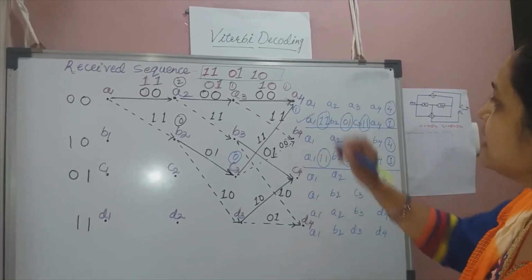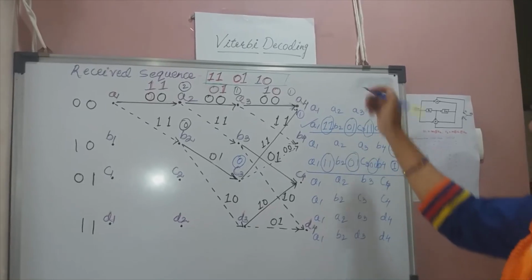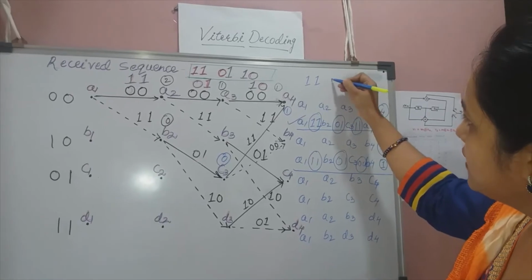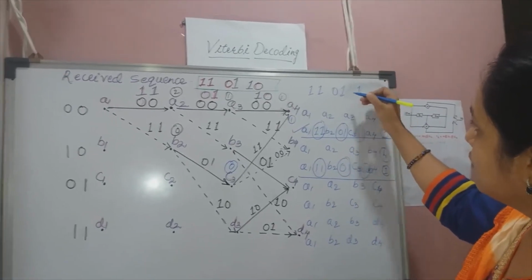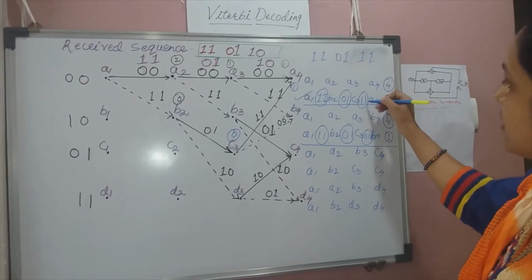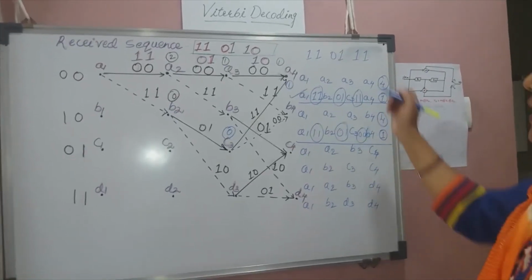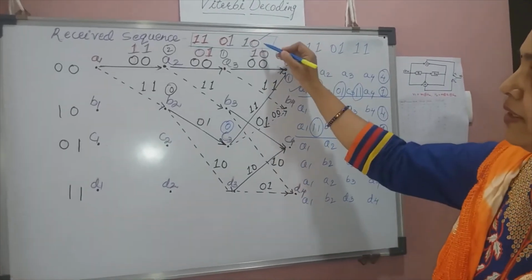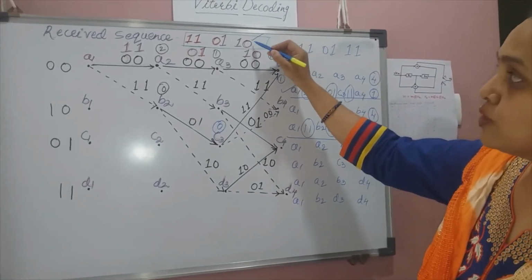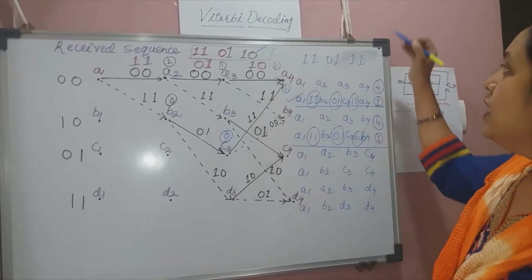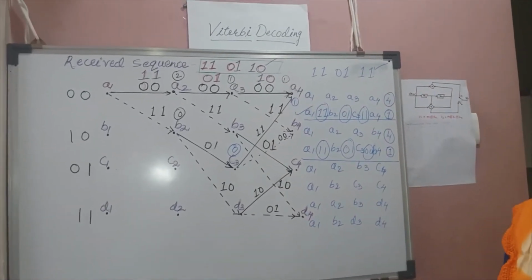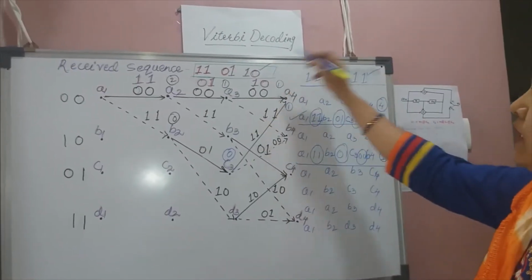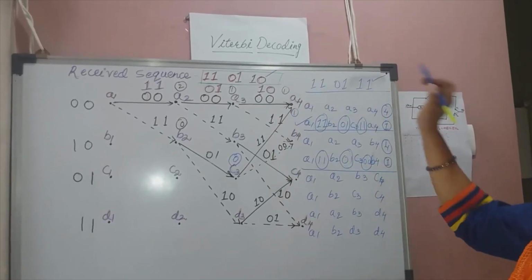So if we select the first option, from the standard outputs we get the sequence as 1 1 0 1 1 1, with the last group as 1 1. So we can see that we have been able to correct the error in the LSB, which was previously received as 0 and now has been corrected as 1. So we have found one error in the received sequence and it has been corrected from 0 to 1.